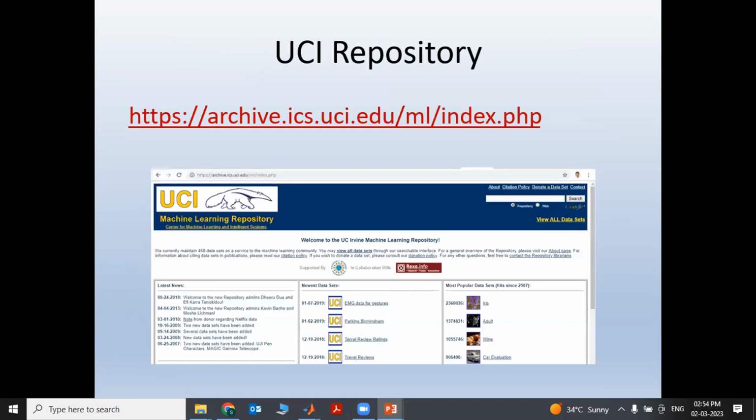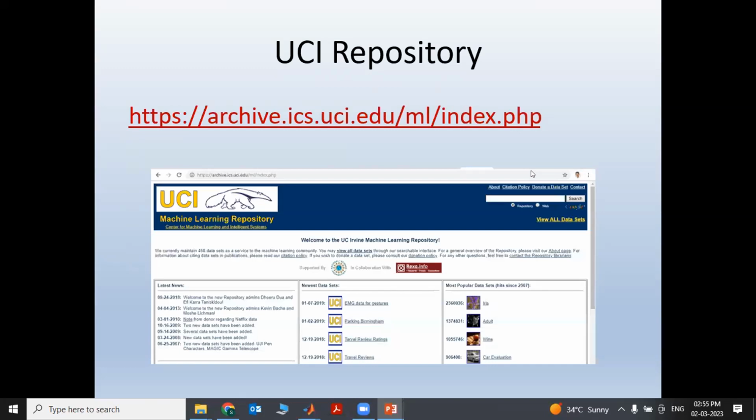This is the final part. If you are a beginner in machine learning, the first confusion coming to your mind is where to get the data set to test some machine learning. The best option is the UCI machine learning repository. You can Google search it, and you will get thousands of different data sets. You can download a suitable data set.